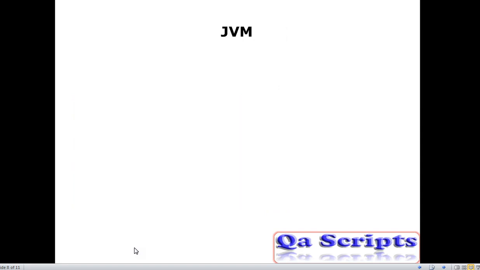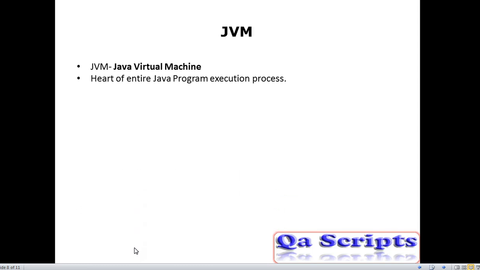There is another important terminology, that is JVM. JVM stands for Java Virtual Machine. This is the heart of the entire Java program execution process.